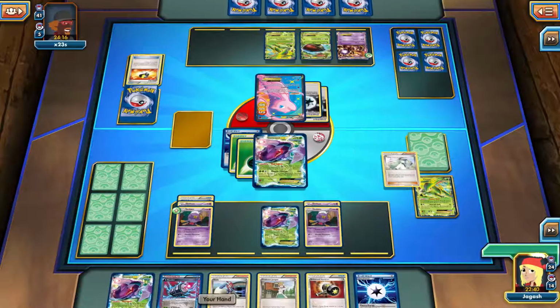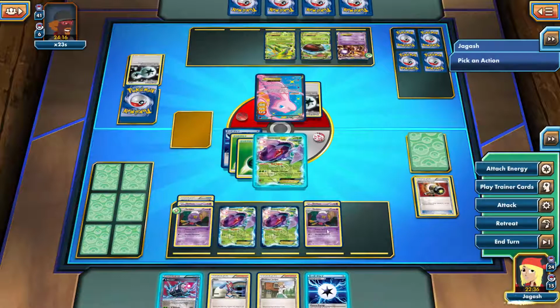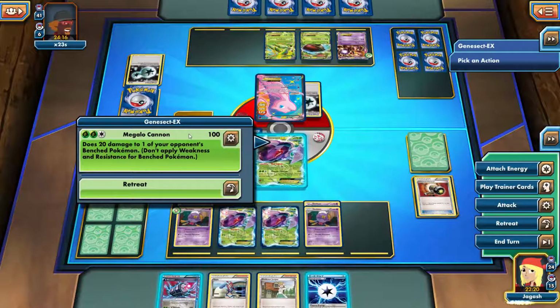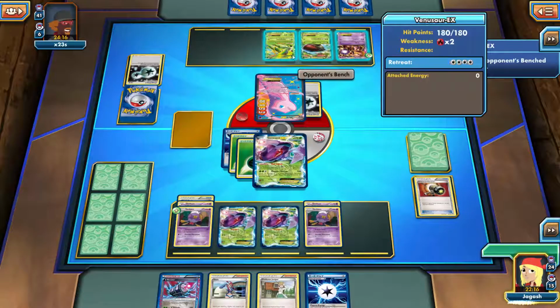And this is quite a draw. This is really quite a draw. Enhanced Hammer, that's going to be huge. And I could use the G Booster. I really could. But the question is, should I? I mean, Mew EX, he's pretty frail, but he's the only one with energies. So I'm going to keep the G Booster in my hand and do some damage to...